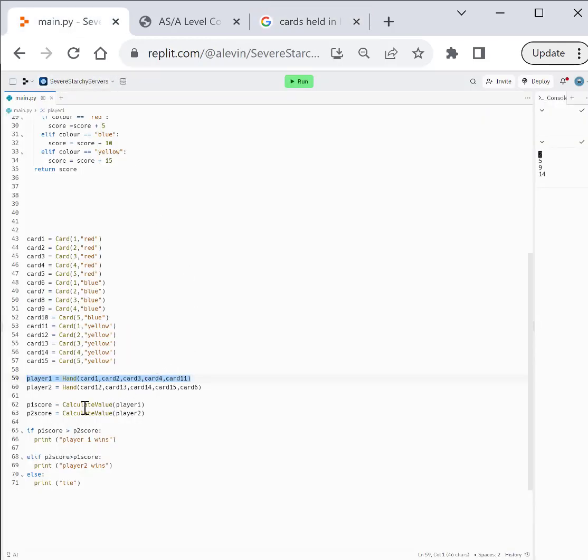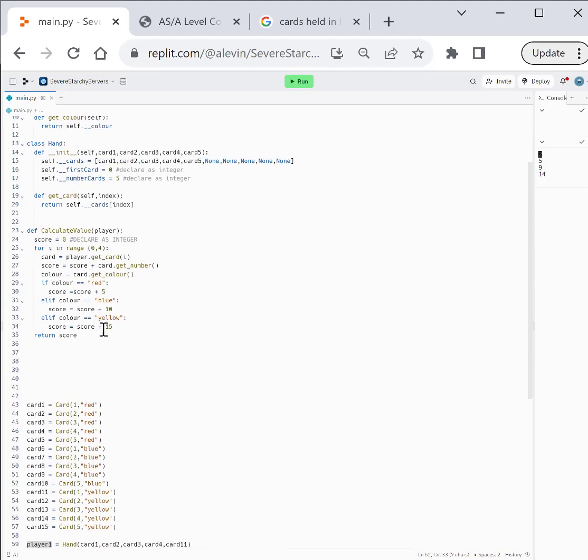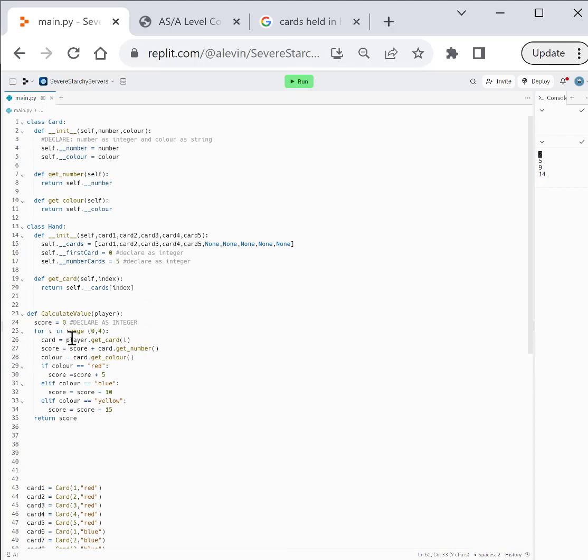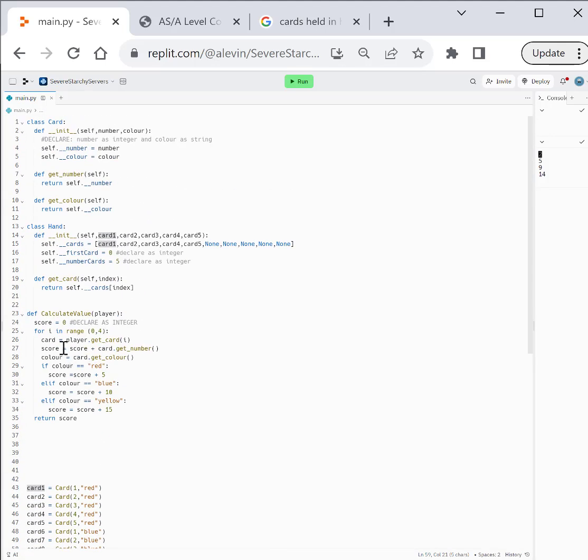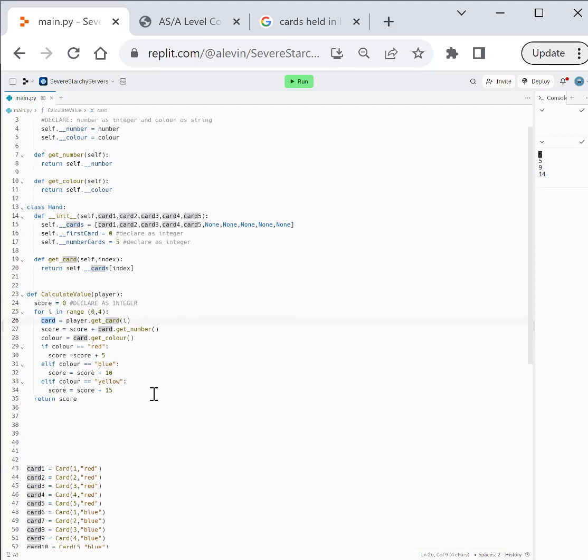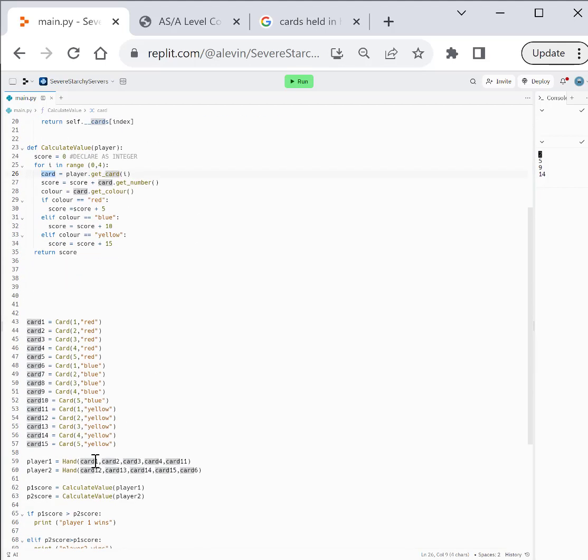We then did player 1 score equals calculate value player 1. This is responsible for looping through each hand. So player 1 is this information, so it goes there. And it stores that information into this object called card. So card now, to begin with, would be, ironically, card 1 if it was player 1. But if it's for player 2, it would be card 12. Remember,